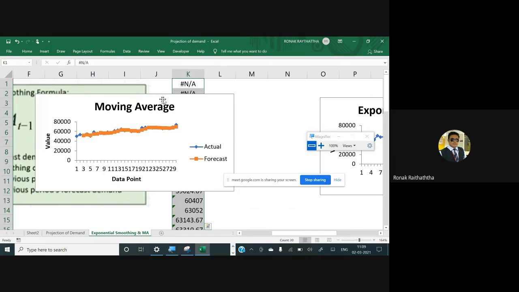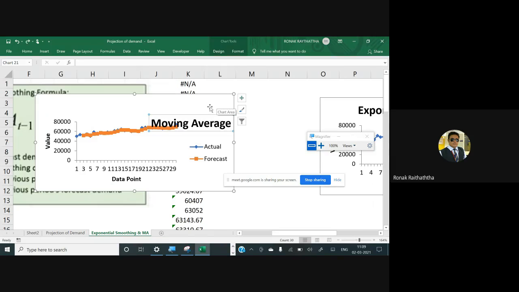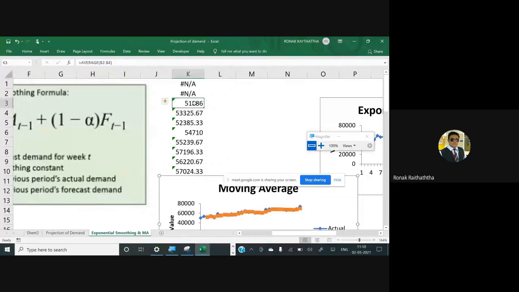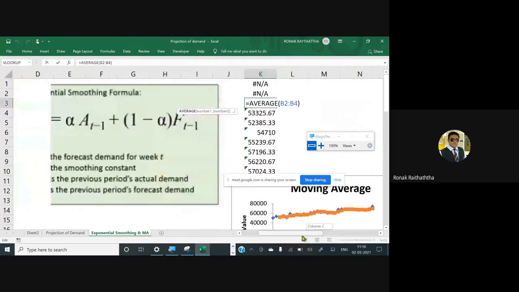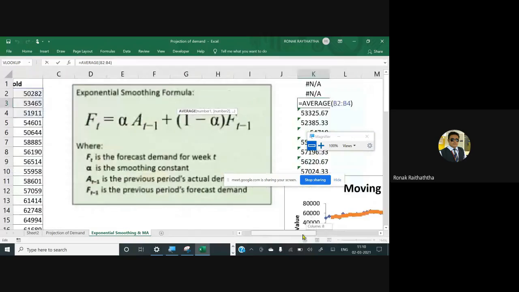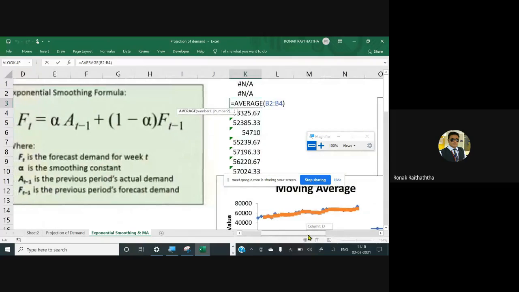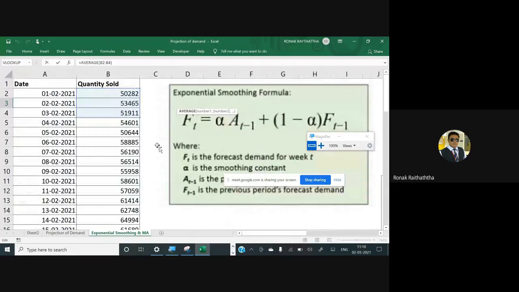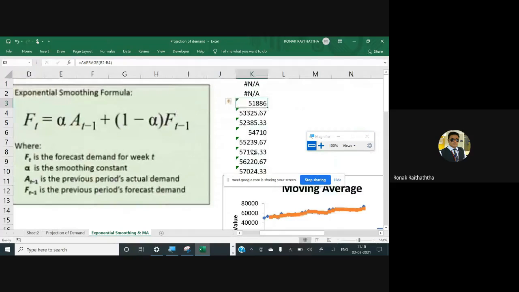So my dear friends, you must have got the moving average over here. Moving average starts with the third one, because only for the third one you have the data, right? Because for the first and second, you do not have the data for the previous lags. So it will not be able to give you the moving average. So for the third one you have got, for the fourth one as well you have got, and we have taken 3 lags over here, right?